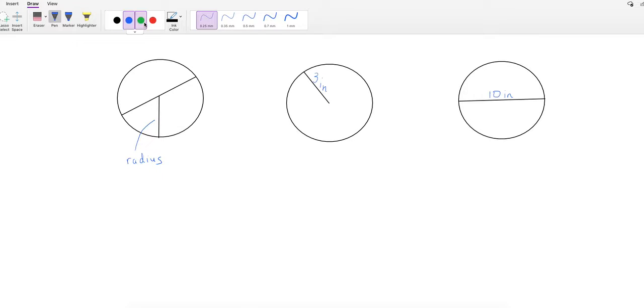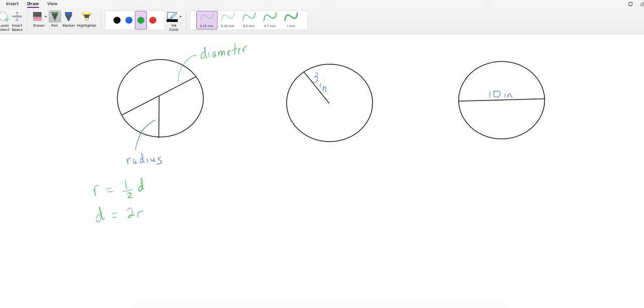All right, the other line here, the line that extends from one edge all the way through the center and then over to the other edge, that represents the diameter. All right, now the important thing to recognize here is that the radius is always 1/2 the diameter. So the radius is always equal to 1/2 the diameter, or we could say that the diameter is always 2